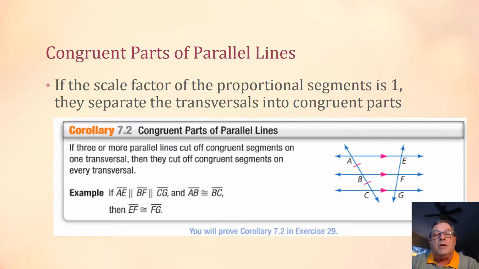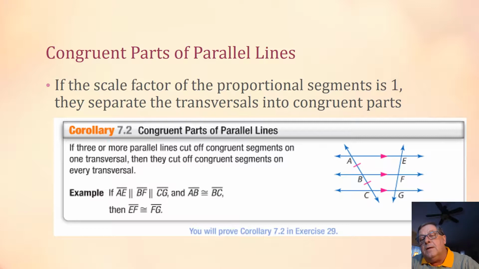transversals into congruent parts. And then we have the congruent parts corollary, which states that if 3 or more parallel lines cut off congruent segments on one transversal, then they cut off congruent segments on every transversal. So if 3 or more parallel lines cut off congruent segments on one transversal, then they cut off congruent segments on every transversal. So we see here in this diagram,